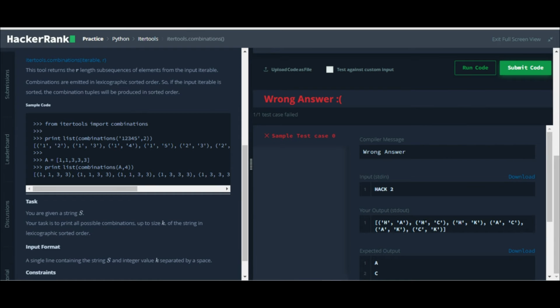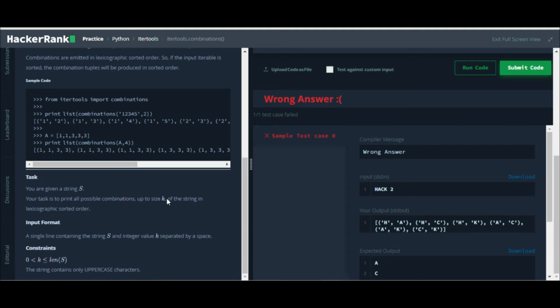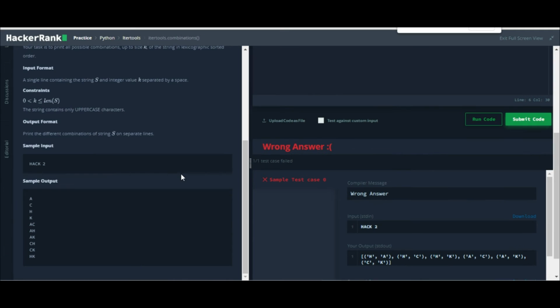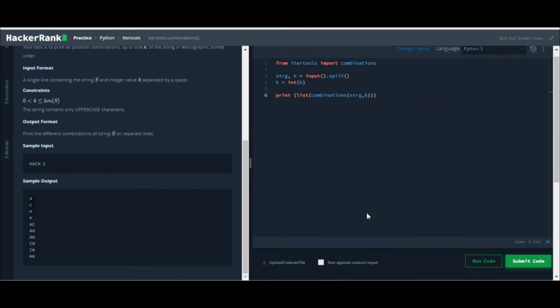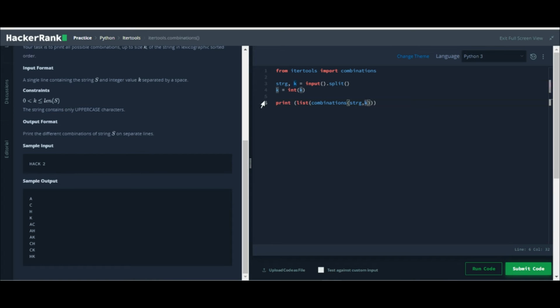So you can see HA, HC, HK, HAC, AK, CK all have been made, but we want single combinations also. The combinations of singles means we have to put k value 1, so up to k.